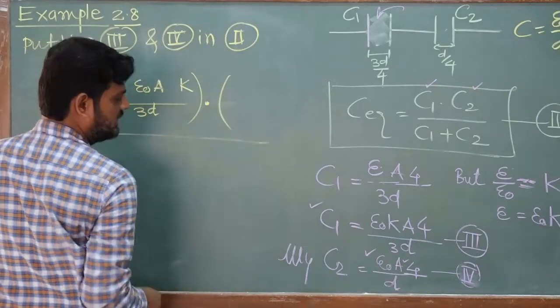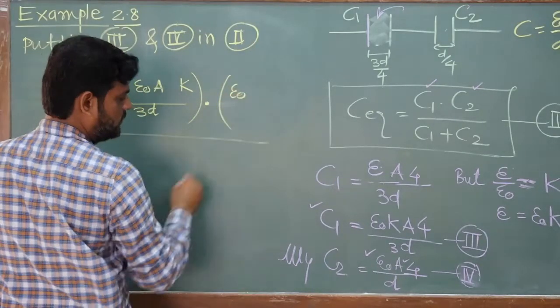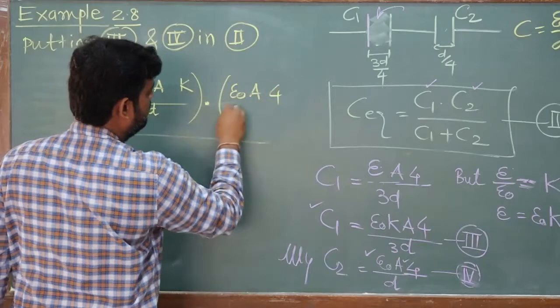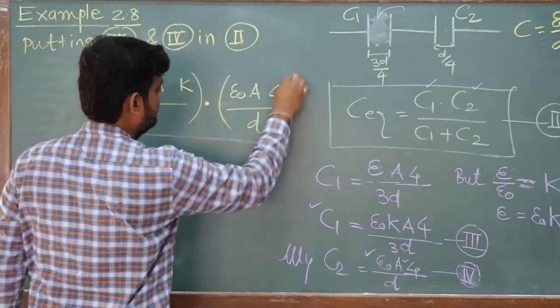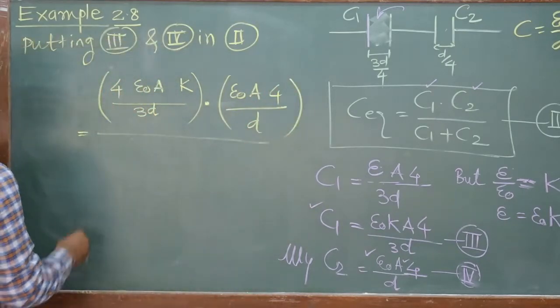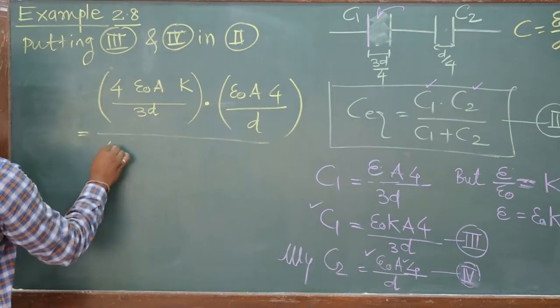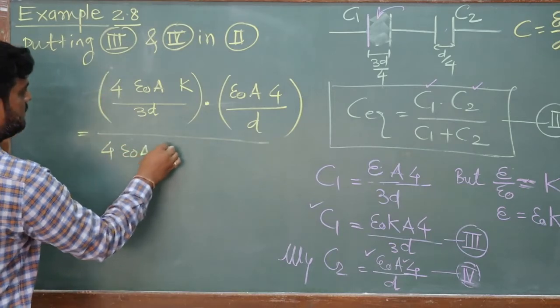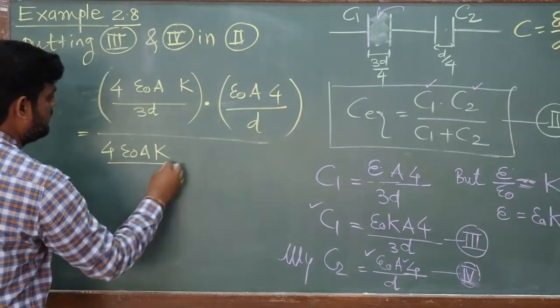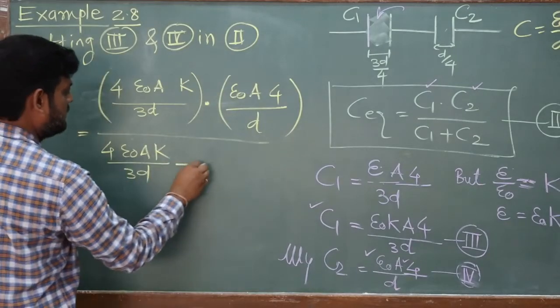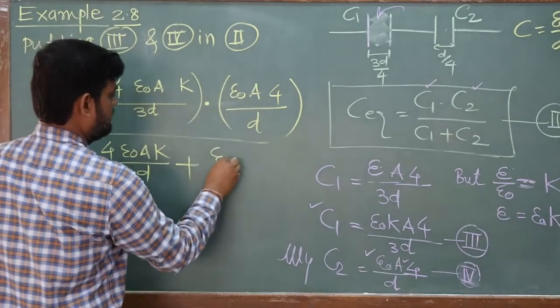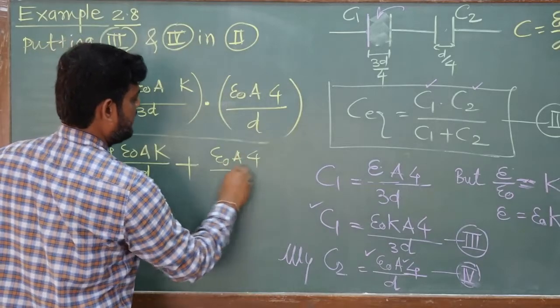C2 equal to, we will write epsilon 0 A 4 divided by D, right? C1 plus C2. Again we will write 4 epsilon 0 A K by 3D plus epsilon 0 A 4 by